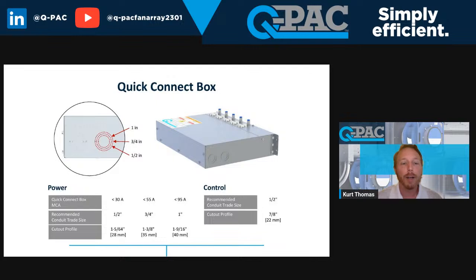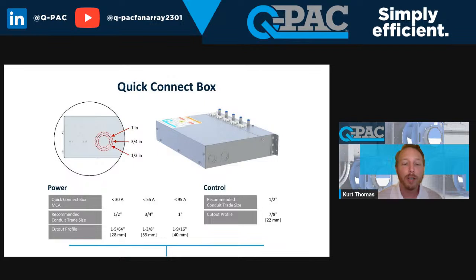We have the quick connect box itself. We think about every single aspect whenever we design something, and so we limited the size of our quick connect box in 2 ways. The first one is the total power consumption that can come into the quick connect box, and the second one is the number of fans. After you get beyond 9 fans, the wires start to become a mess, so we limited it to 9 fans per quick connect box.